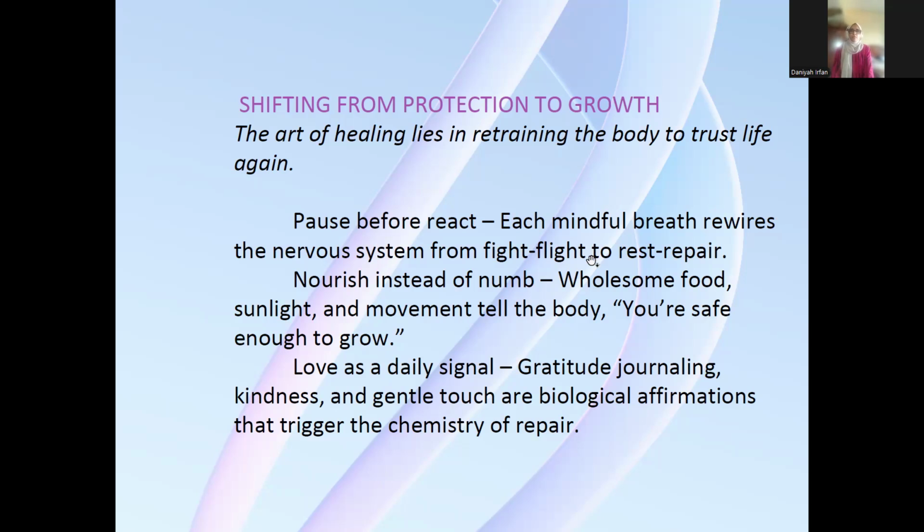Now here we come, and when we say the art of healing lies in retraining the body to trust life again, everything starts feeling safe again. The moment you start feeling safe and become more positive and turn your beliefs into your cellular function for more safety and healing, the more your protective side will become